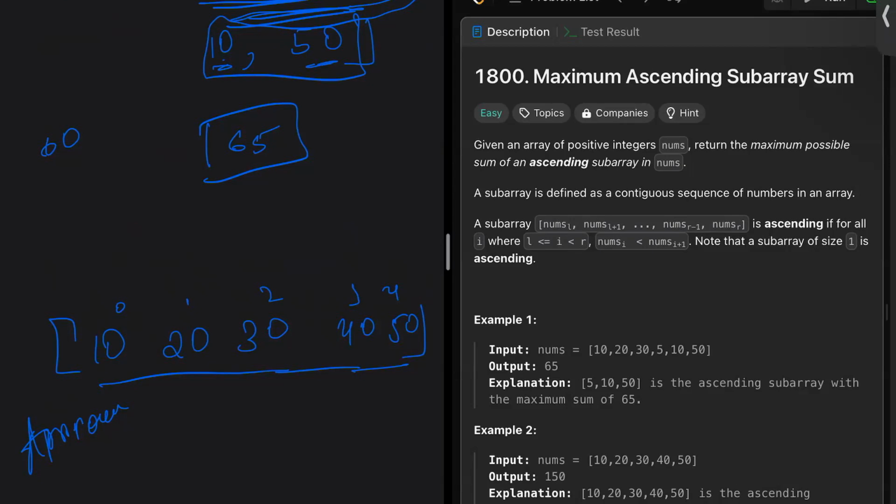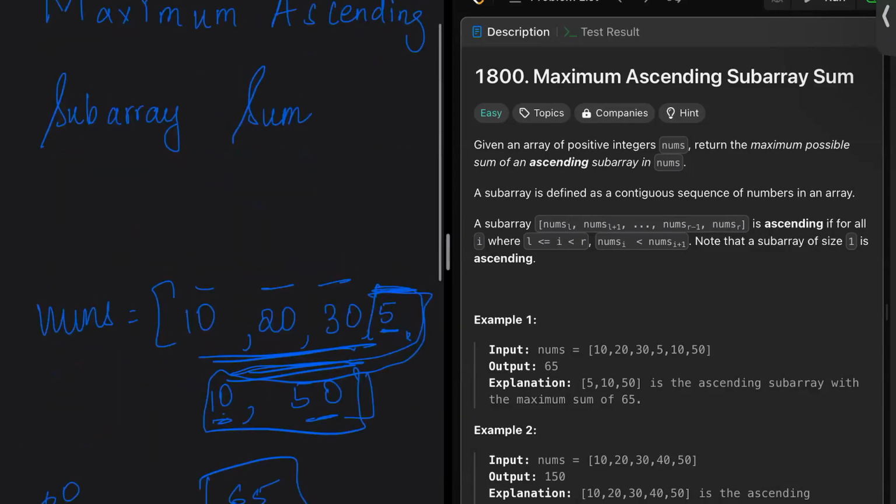And once the ascending run is broken, I'll get out of it and start again with my intermediate sum as the element at the index where it broke, right? So for example, I'll keep on updating the intermediate sum in these three. But when I encounter 5, I'll break it out, and this will be tracked in the maximum sum as well,